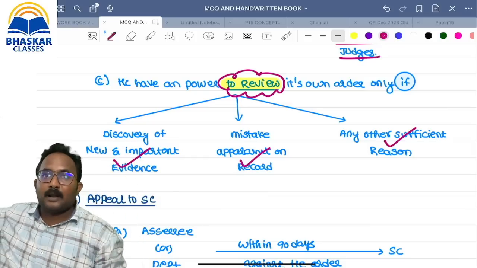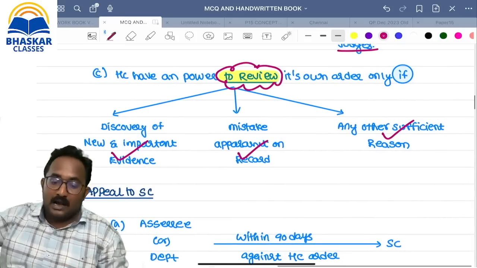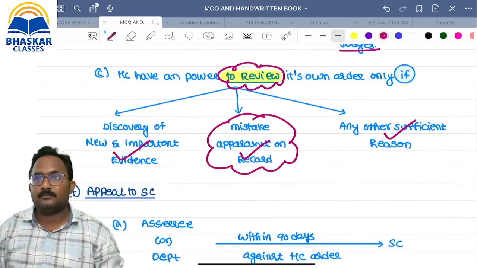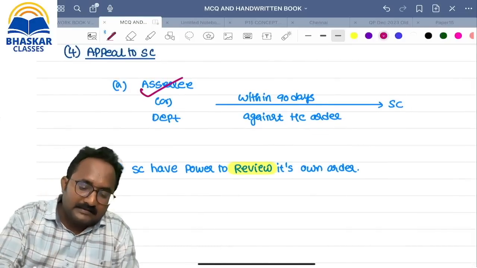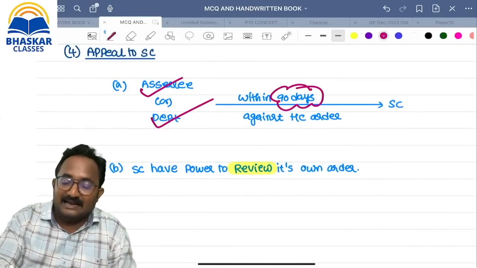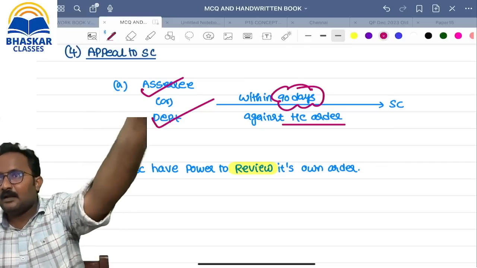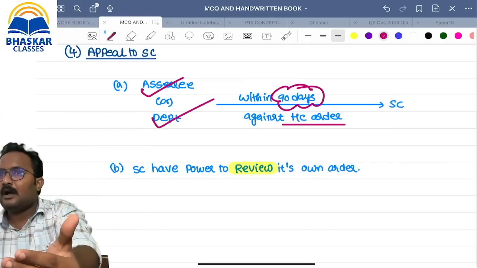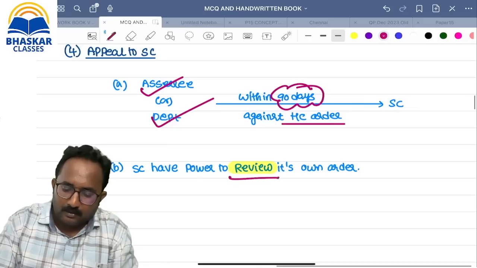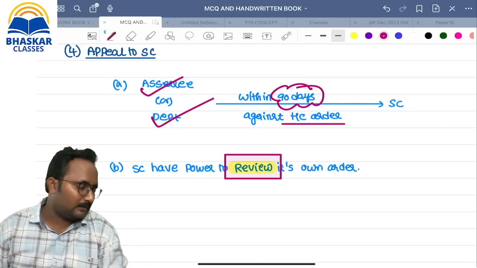But the High Court and Supreme Court have a power to review their own order. On that occasion, they can rectify the mistakes also. Next, appeal to whom? Supreme Court. The SSC or department can make an appeal to the Supreme Court against the High Court order within how many days, ma? 90 days. Now, number of days, ma? First appeal 30 days, ITAT 60 days, High Court 120 days, Supreme Court 90 days. So the Supreme Court also has power to review its own order. Clear?